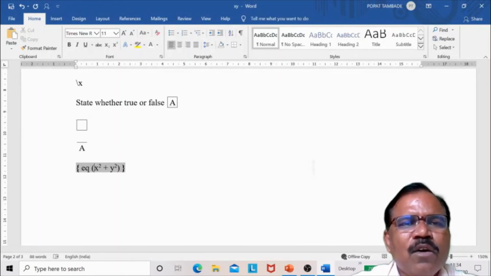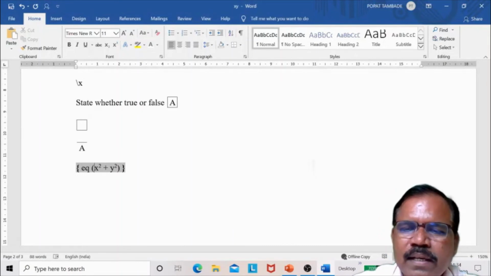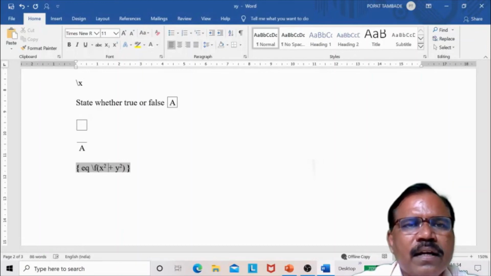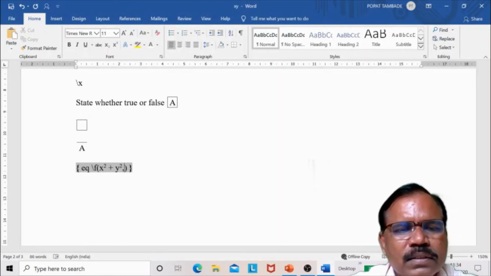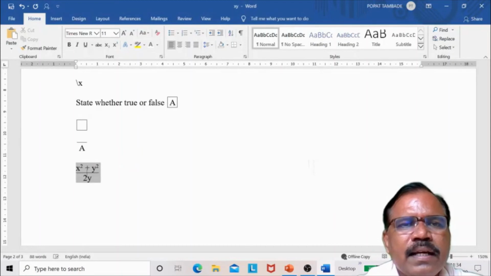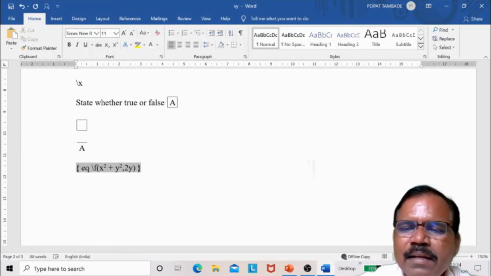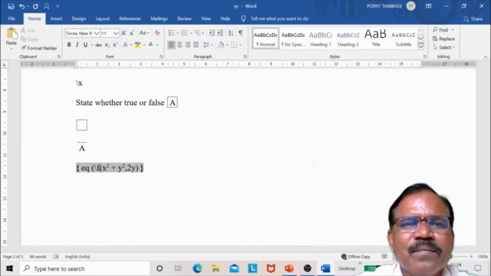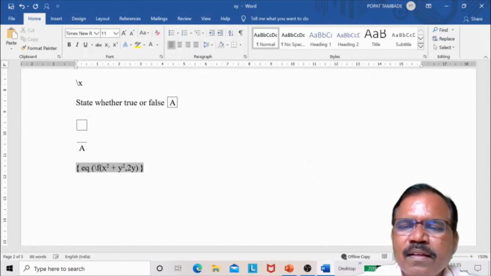But suppose I have a fraction. So if I take backslash F, and we know for fraction we require 2 bits, x upon, suppose I take 2y. So shift F9, this is this one. And suppose I put this in this bracket, then what happens?